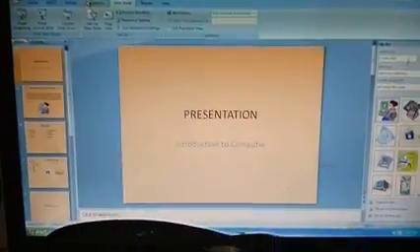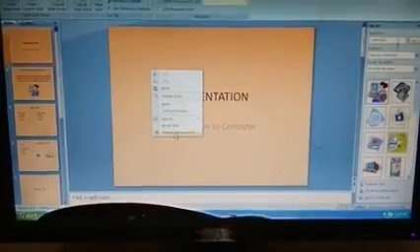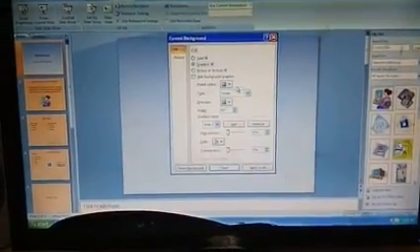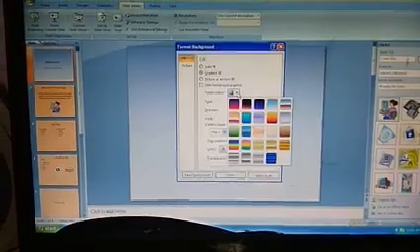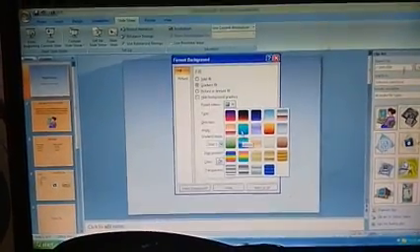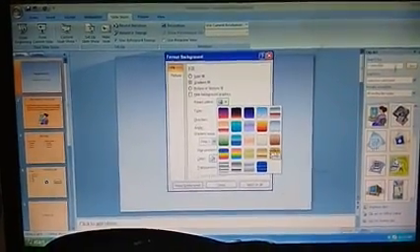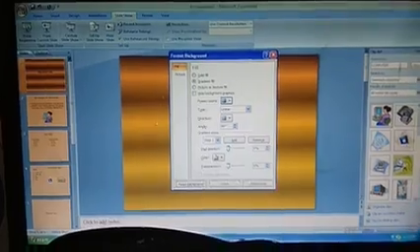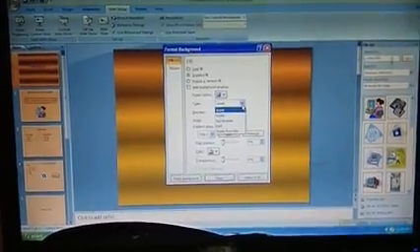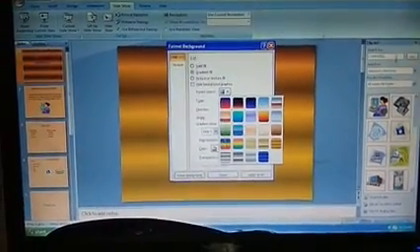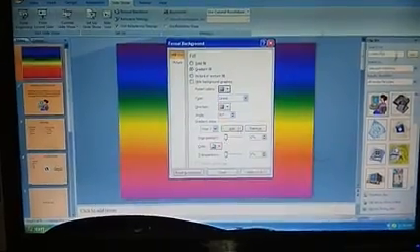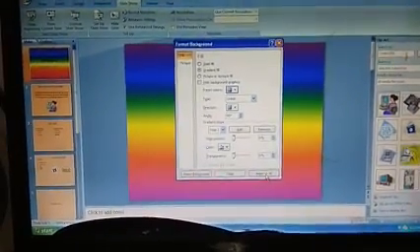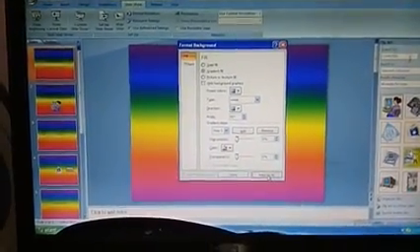Okay, suppose instead of a single color I can select certain gradient colors, where I can use more than one color or certain built-in colors. Here you are seeing the options, so this is one type of color already available in this format, or two or more colors, where we are having a number of color options over here. Okay, now if I say apply to all, it looks in this format.